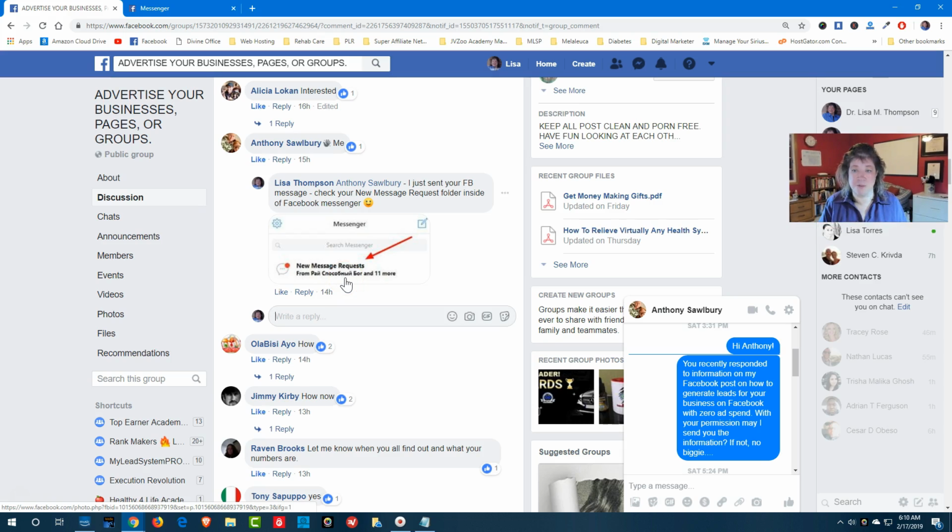Because a lot of times if you message them and they say, I can't find your message, you have to tell them that it is in the new message request folder, because a lot of times they're not going to know, okay? And once you see someone who's in that new message request folder, they'll have an option saying, yes, I accept the message or not. And if they accept the message, now you can exchange information and you guys can connect and communicate on Messenger.